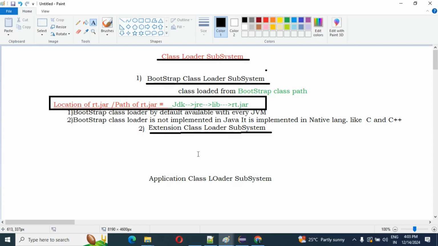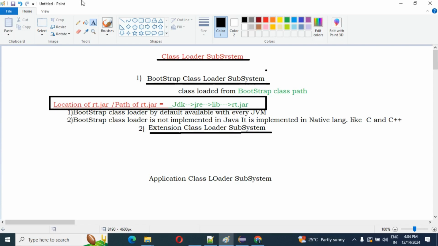Before starting, I will tell you one important point for the bootstrap class loader: till JDK8 it loaded the core Java API classes from rt.jar, which we explained very well, right guys?